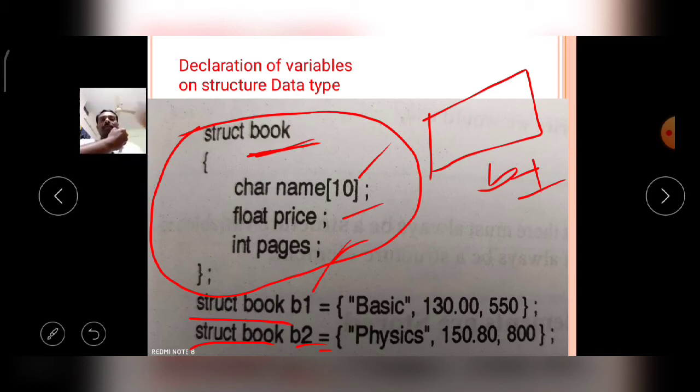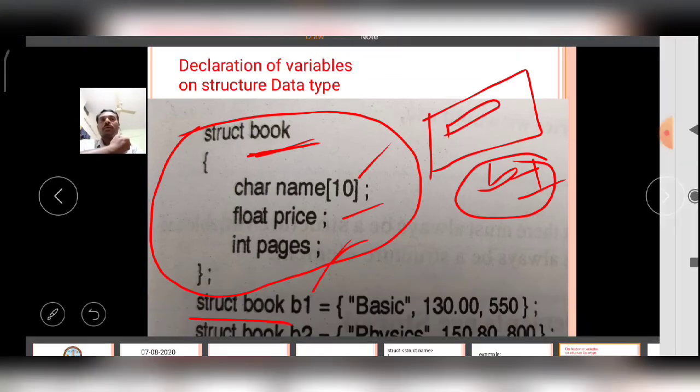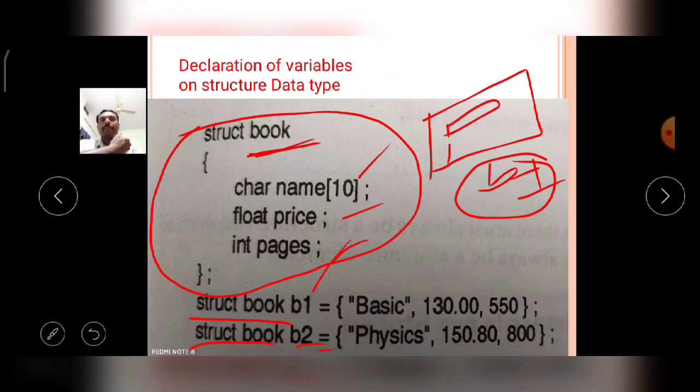So what will happen internally? Now b1 is not a built-in data type. It is not a derived data type. So b1 is a variable belonging to the struct book data type. The struct book data type contains internally 3 variables. The first one is name, the second one is price, and the third one is number of pages.